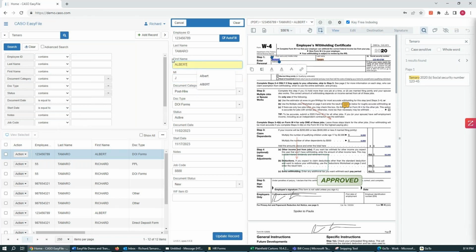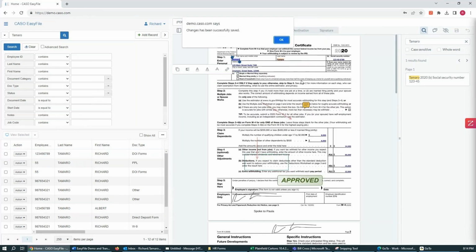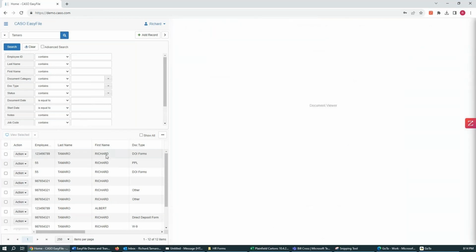I'll have Albert in here. Come back up here, I tab, I click on Richard over here, and you'll see that that was changed. So you can use the full text OCR capability to help you out with your indexing. You also have the ability to autofill. Once I'm done with that, I can click update record,